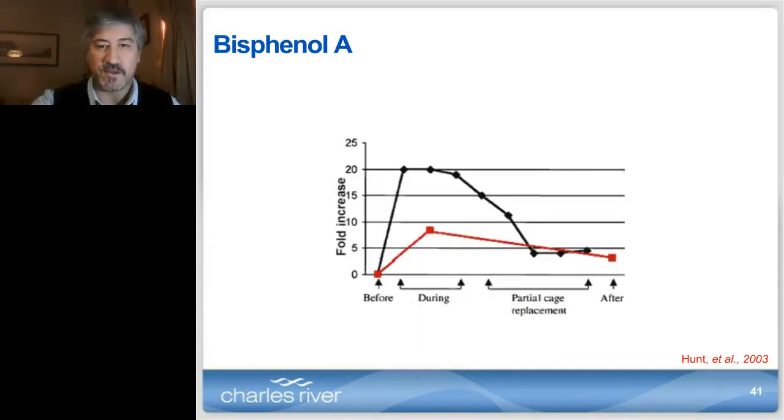So again, to illustrate the effect that this may have on experimental results, this is an example of the fold increase in chromosomal abnormalities measured before the cages were damaged, during the period when animals were exposed to this bisphenol A, and then right here they started to replace the damaged cages, and you see that after the replacement, the chromosomal abnormalities came back to the original status. Okay,